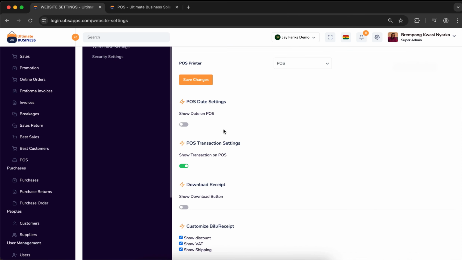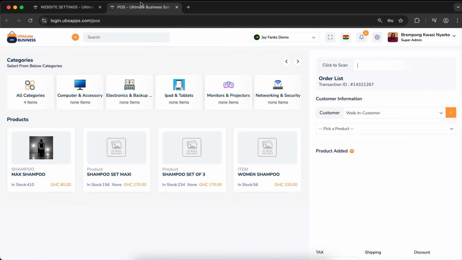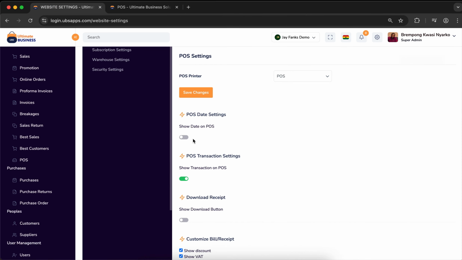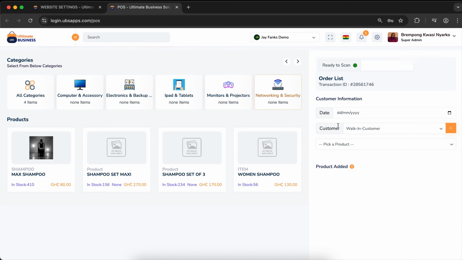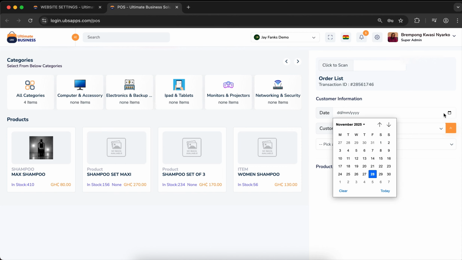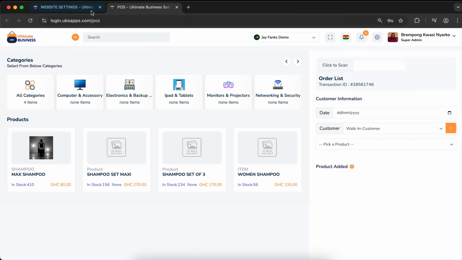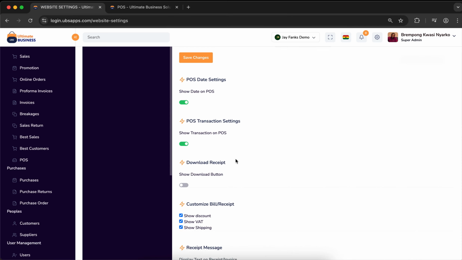Okay, however, there are instances where for some reasons there is a need to record a previous day transaction. So with that, you can enable the show the date over here. You can turn it on and then you refresh the POS and then the date would show, as you can see. All right,